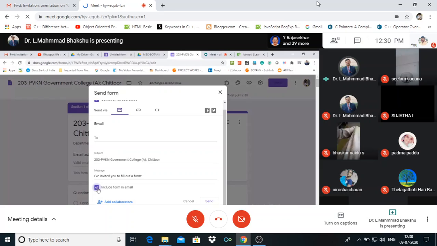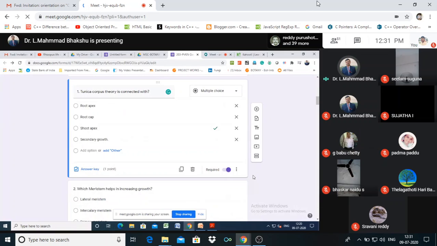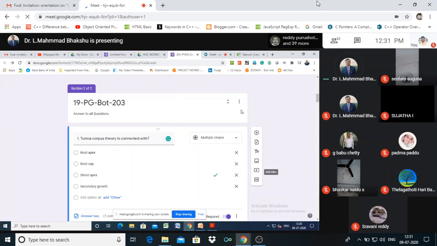If you carefully go through Google Forms, we can do a lot of things here. For multiple choice questions, we can award the marks immediately. Otherwise, for short answers or long answers, we have to read them again and award the marks manually, so more exercise is required for the evaluation of short answer or long answer questions.